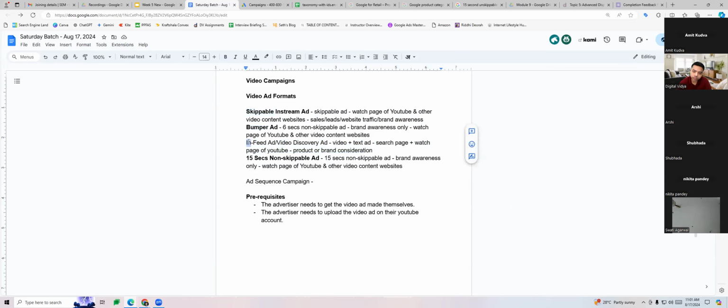So in performance set, you can do. In performance? So all 3 in the performance campaign? Performance campaign is only running skippable in-stream ad. It is not going to run the other types. Okay. I'm saying here specifically, is it a possibility that I create just one campaign in which I have a skippable in-stream ad, I also have a bumper ad, I also have an in-feed ad, 3 types of ads in the same campaign?